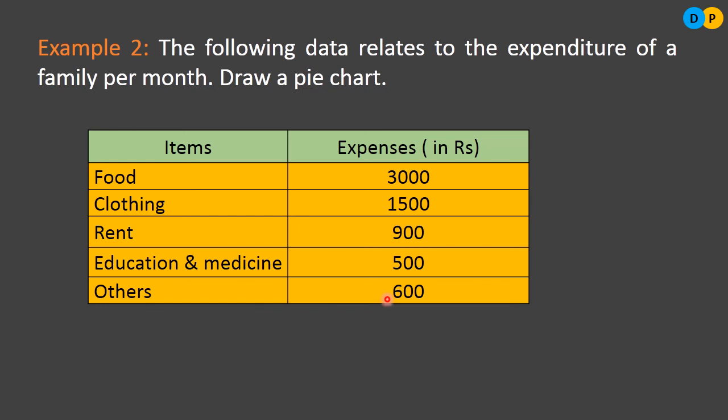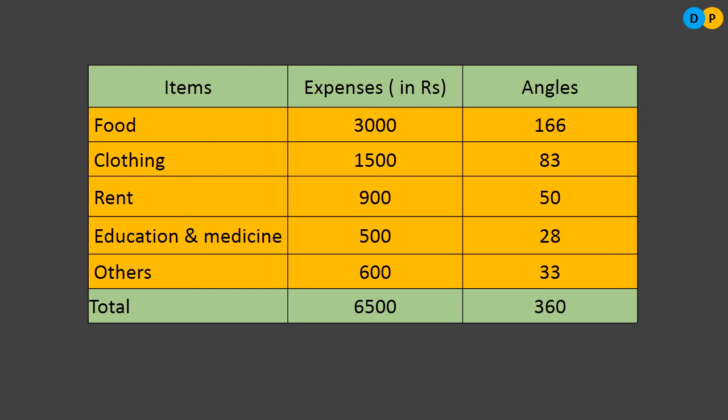Now we need to represent them in a pie chart. Expense is in terms of rupees, but we need to convert them into angles. So first we need to create one more table. The table looks like this. How did we come across the angle? We consider the expense for a particular item, divide it by total expense and multiply it by 360. That is 3,000 divided by the total, 6,500, multiplied by 360, which will give us the